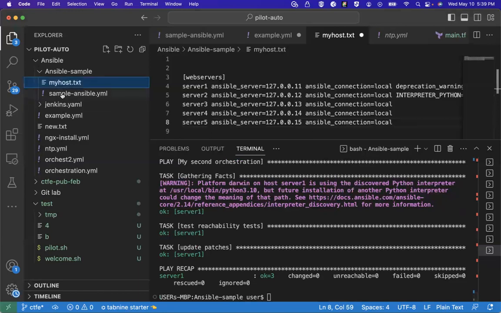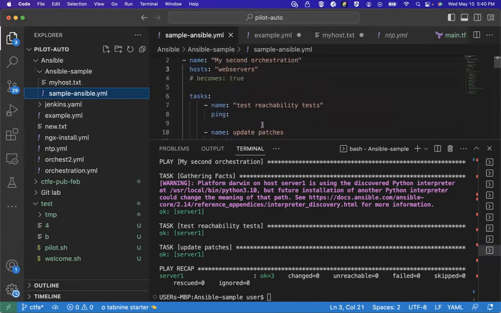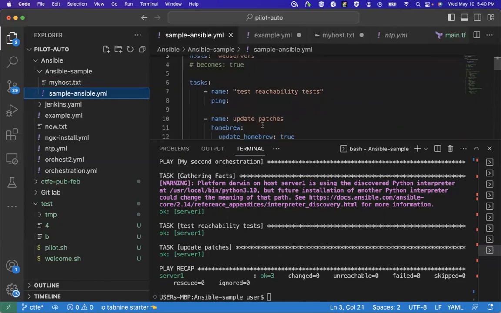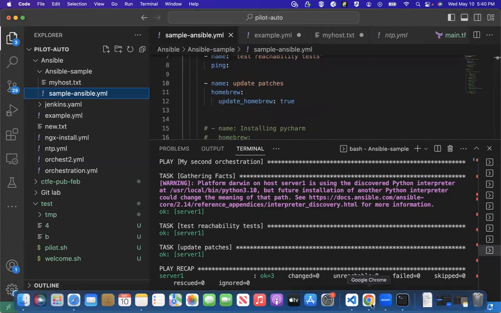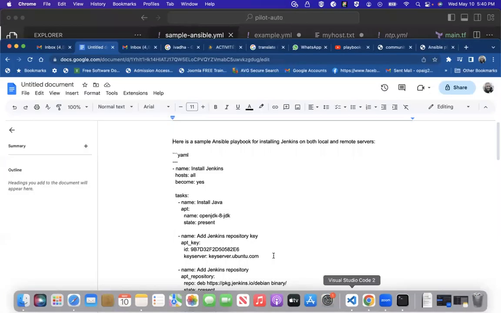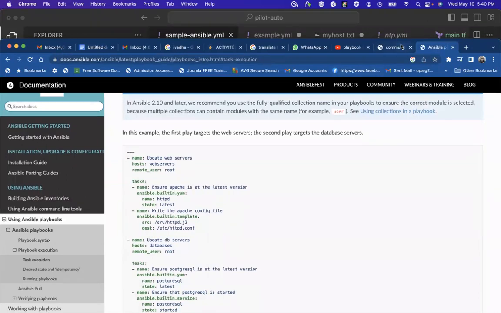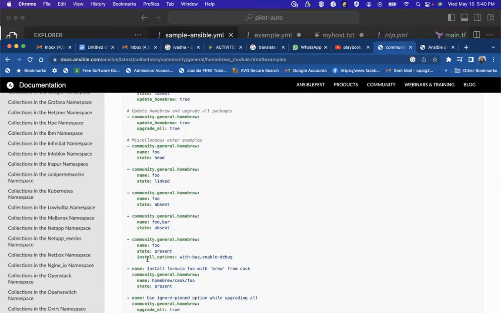You can delay it so that it will not be working. For example, if I want to ping, it will not be running consecutively. Maybe one will run first, the other one will run second, the other one will run third. Like this is availability pinging. This is Homebrew update. Then Homebrew, let's look at Homebrew install. Ansible playbook, let's say install. This is upgrade. This is state. You can say this is state, this is install.